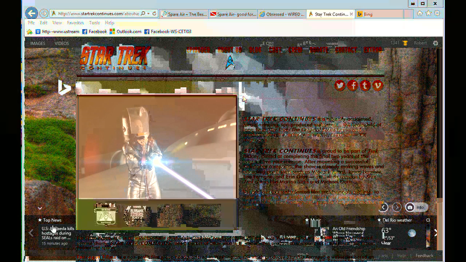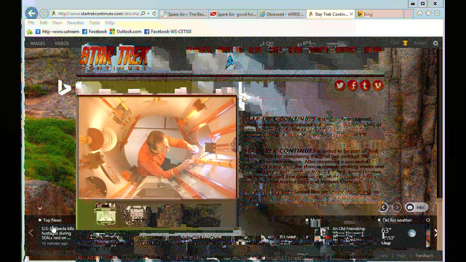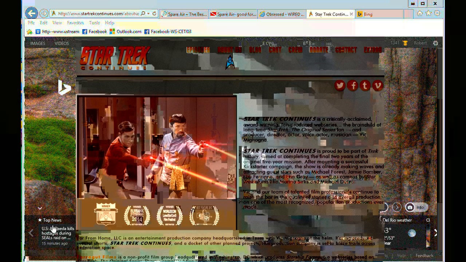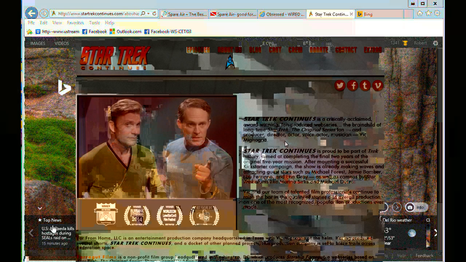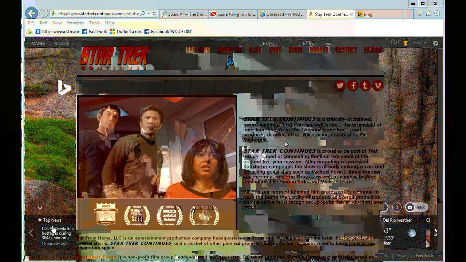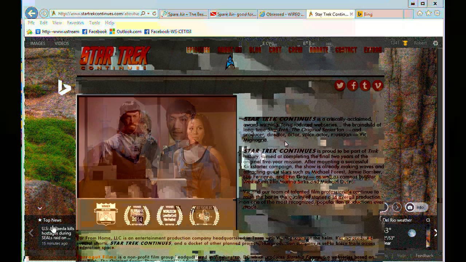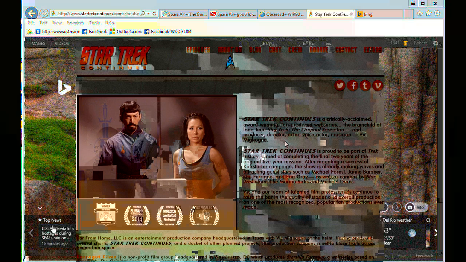But it's amazing all the details that they stayed tight with. In fact, he goes at length in one of the videos talking about the episode from the original series, Mirror, Mirror. The 3rd episode, as a matter of fact, of Star Trek Continues literally picks up where that episode left off. For those who are Star Trek aficionados and you're familiar with how the ending of Mirror, Mirror was,